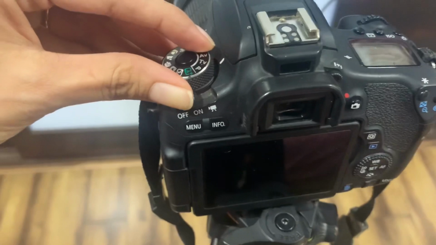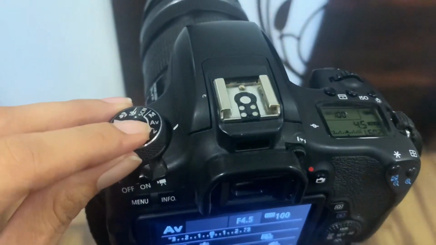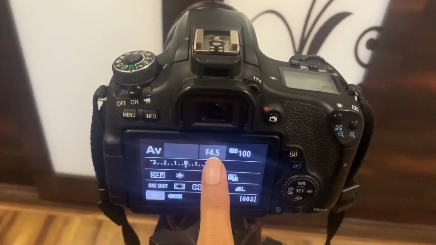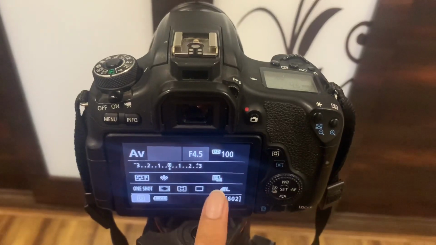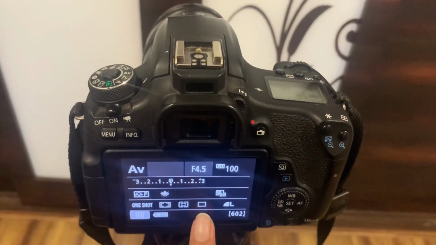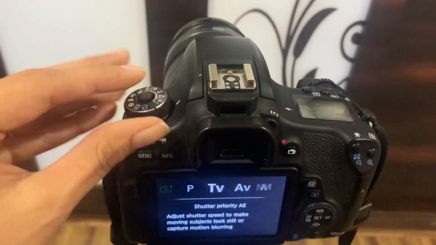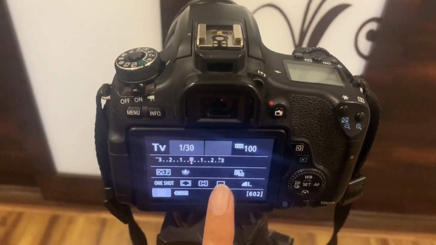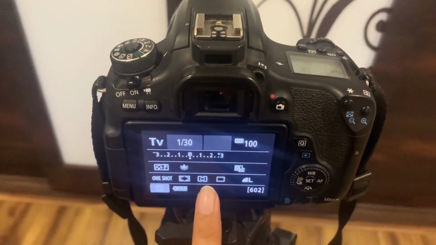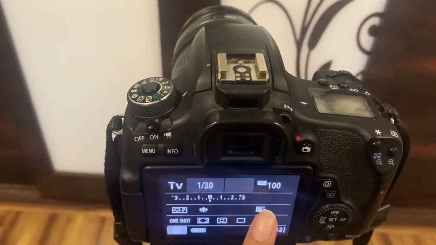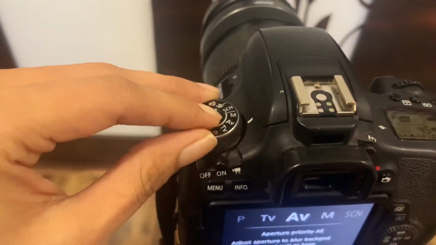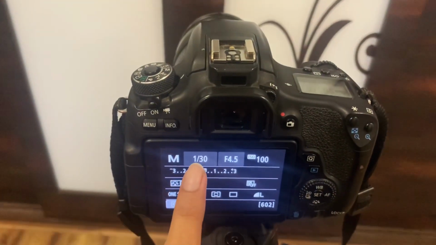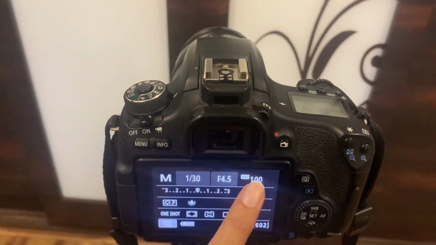So now I'm going to switch on my camera. I'm right now on the aperture control feature. In this feature, you can set your aperture fixed and fix your ISO, and based on the light, your camera will decide the shutter speed. Similarly, in the shutter speed feature, we decide what shutter speed and ISO we want, and the aperture will be decided by the camera. If you want to control all three elements, you will have to go to manual mode. In manual exposure, you have control over your shutter speed, your aperture, and also your ISO.